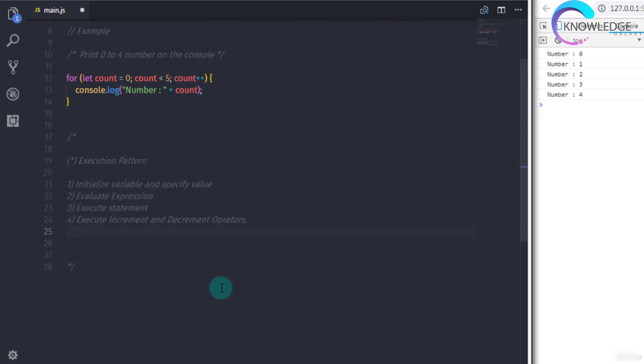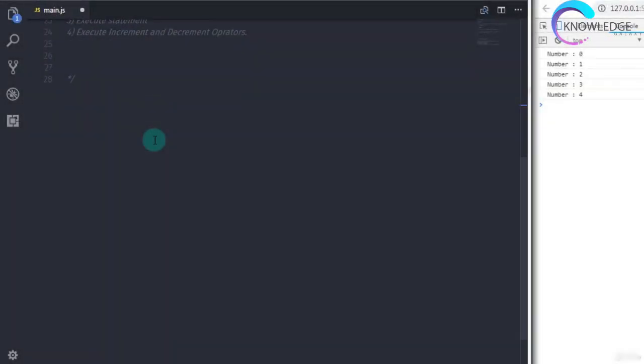So it will evaluate the expression, then execute the statement, and then increase the value of the count variable. So the for loop follows the execution pattern repeatedly till the expression returns false. You can specify multiple variables in the initialization step and also specify multiple expressions and increment and decrement operators.